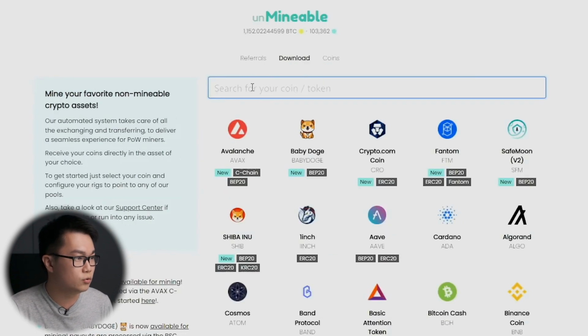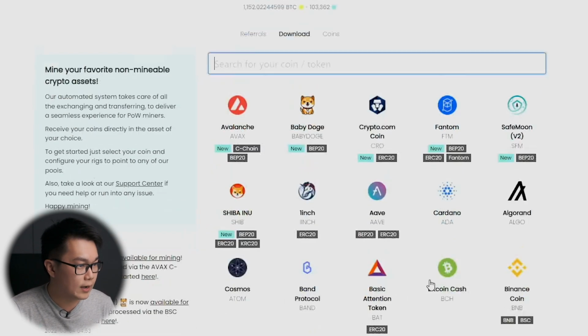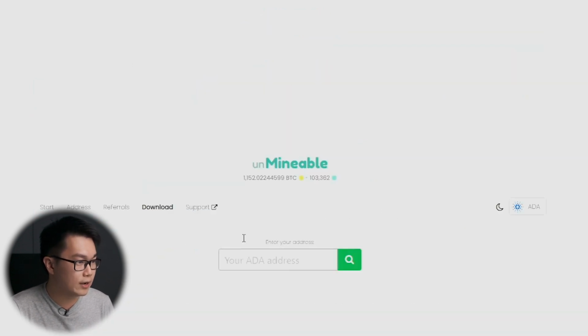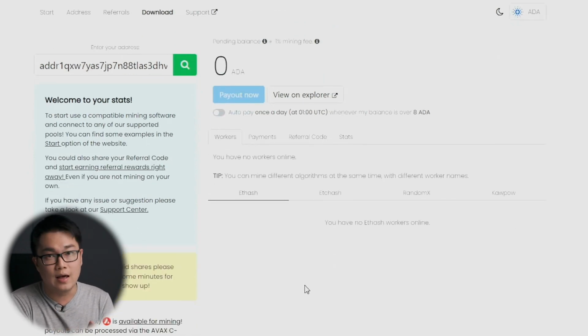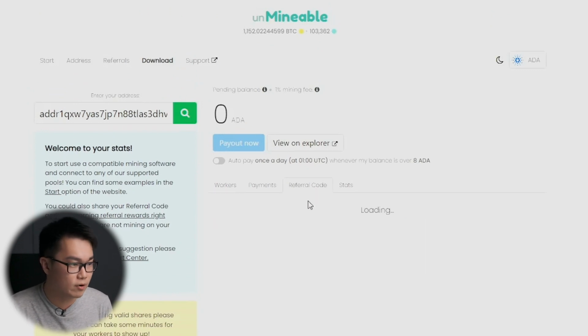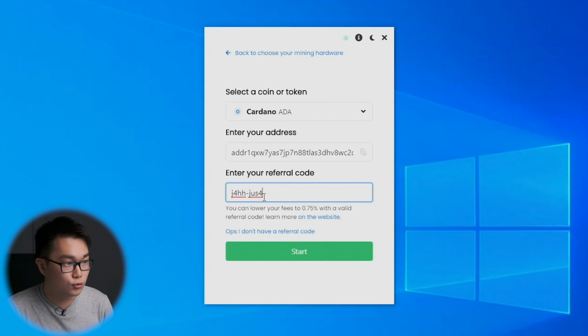What you need to do is, let me see. Okay, I think you have to choose the coin first and then click referrals. All right, so now you can enter your Cardano address here. Just paste it and then click the search icon right over here. Because we haven't started mining anything, there is zero payout. But go to referral code, and this is actually your code. Just copy it and then paste it into this field right over here,